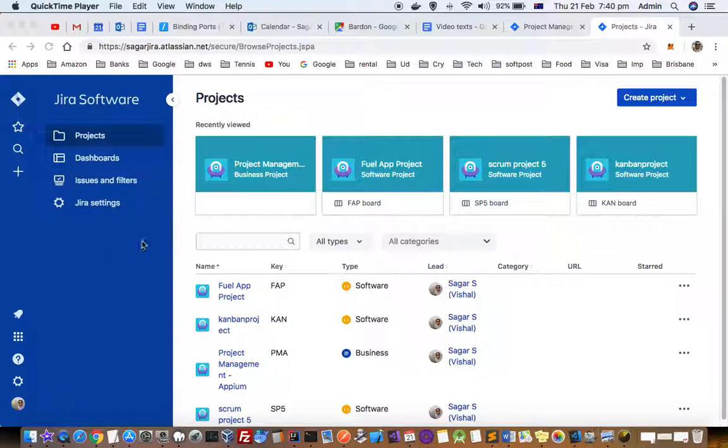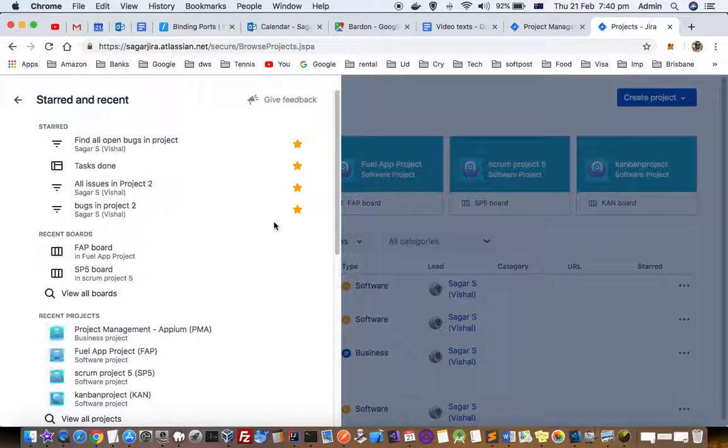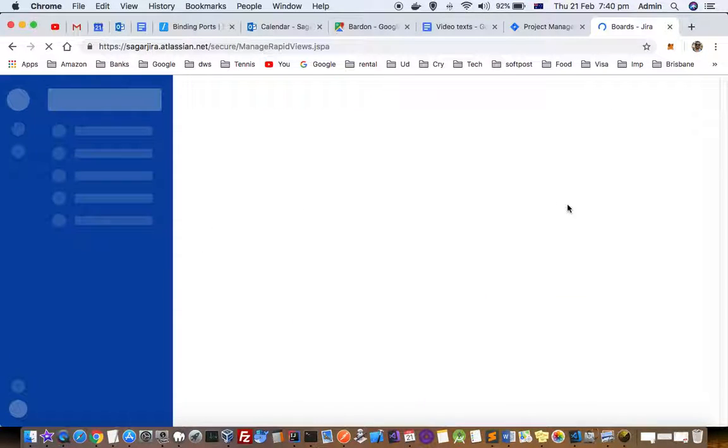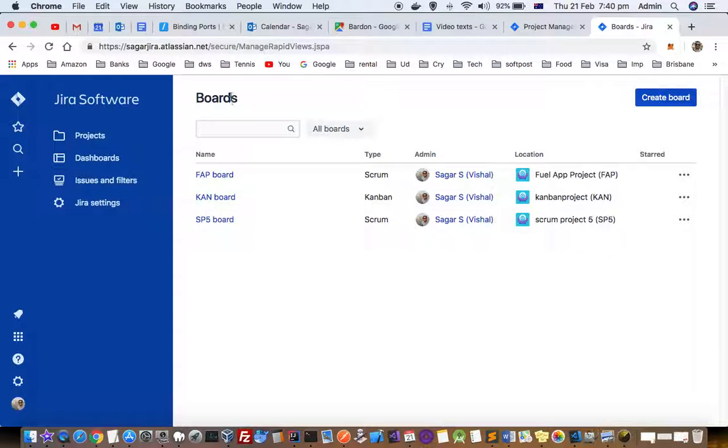This video explains how you can create the kanban or the sprint boards in Jira software. So for that, log into Jira, and then on the left hand side you will see this star button. Just click on that, then click on view all boards. Once you do that, you will land on this board page or manage rapid views page, and in here you